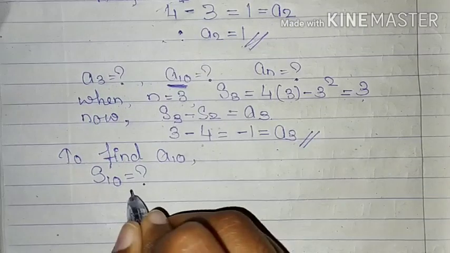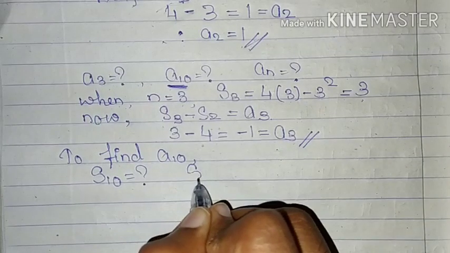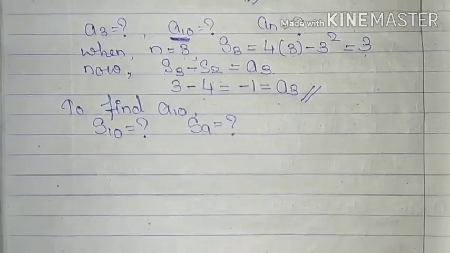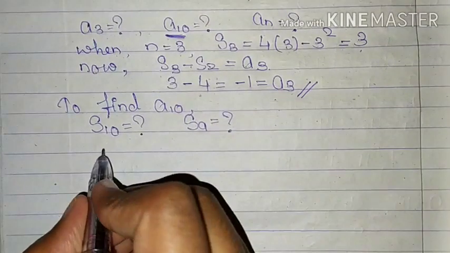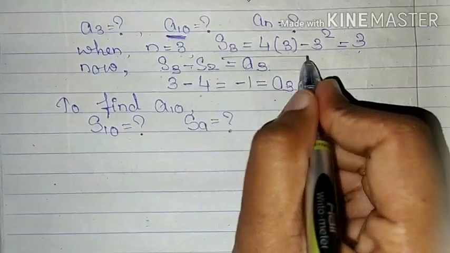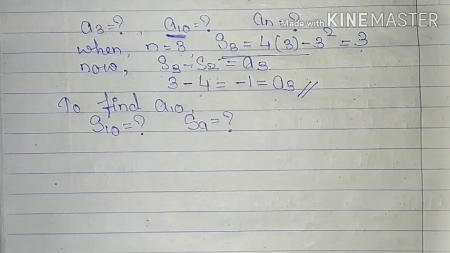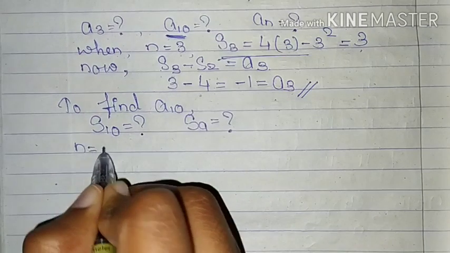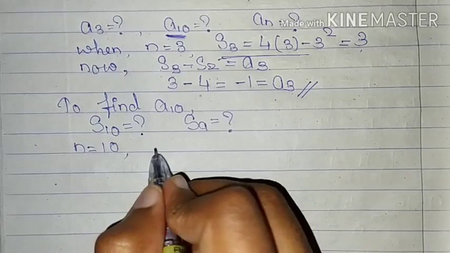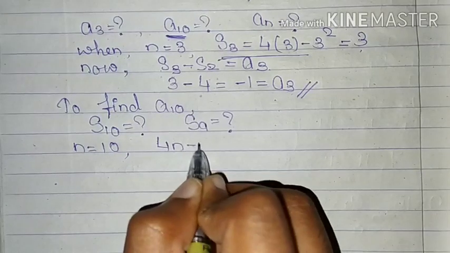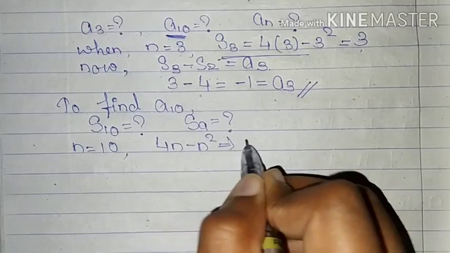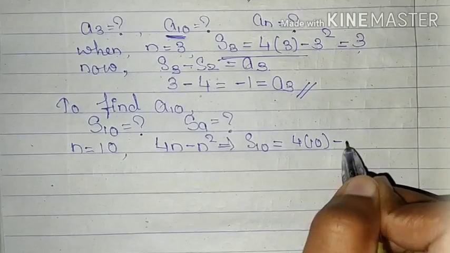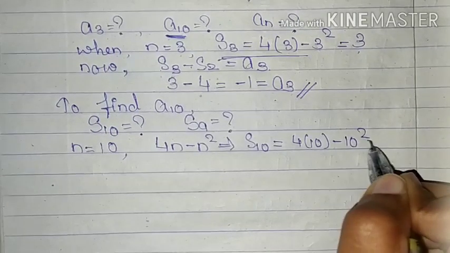To find A10, we have to look at S10 and also the value of S9. To find the values, first make use of the information given to us, that is Sn is equal to 4n minus n square. So, when n is equal to 10, S10 is equal to 4 into 10 minus 10 square, which is nothing but